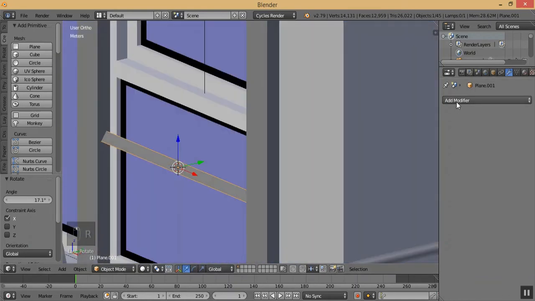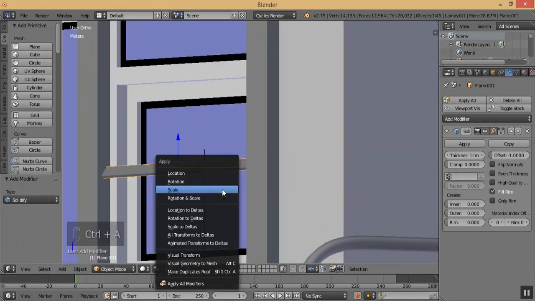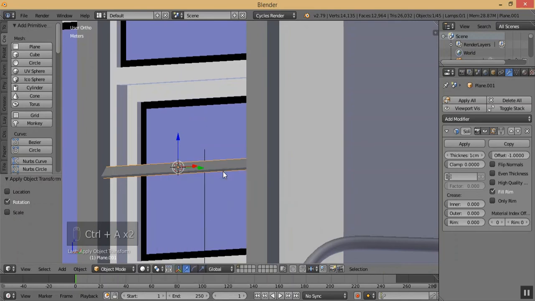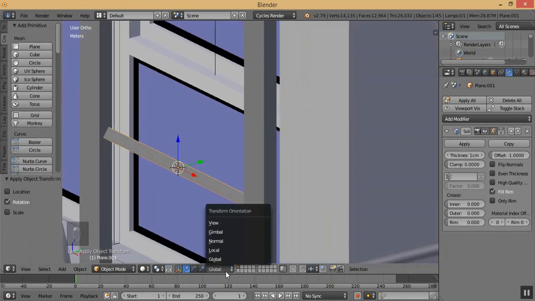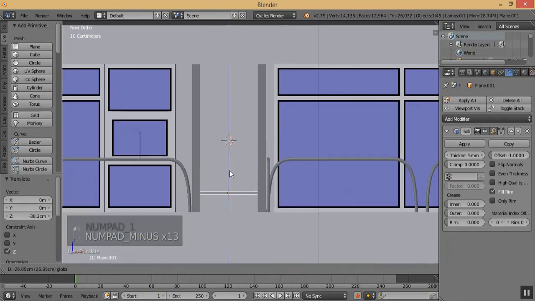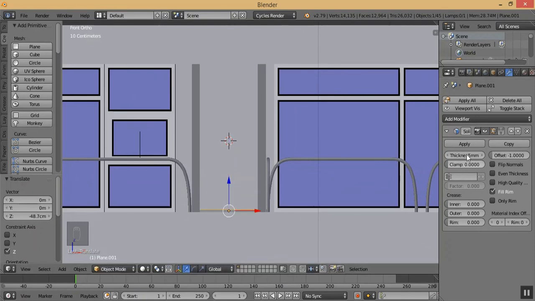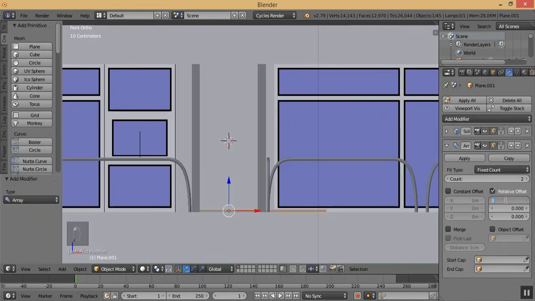and then I'm going to apply a modifier on it, that is simplify modifier. Then press Ctrl A to apply the scale, and Ctrl A to apply the rotation, so that its local axis becomes equal to the global axis. Thickness to about 5 mm. To here, and then add an array modifier and press 0 here. In Z, we have to do it in Z direction, so 1.165, and then increase this